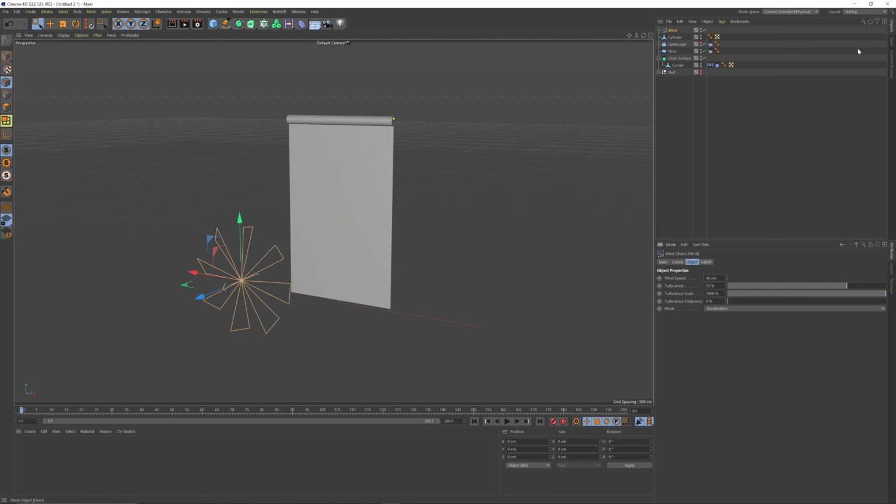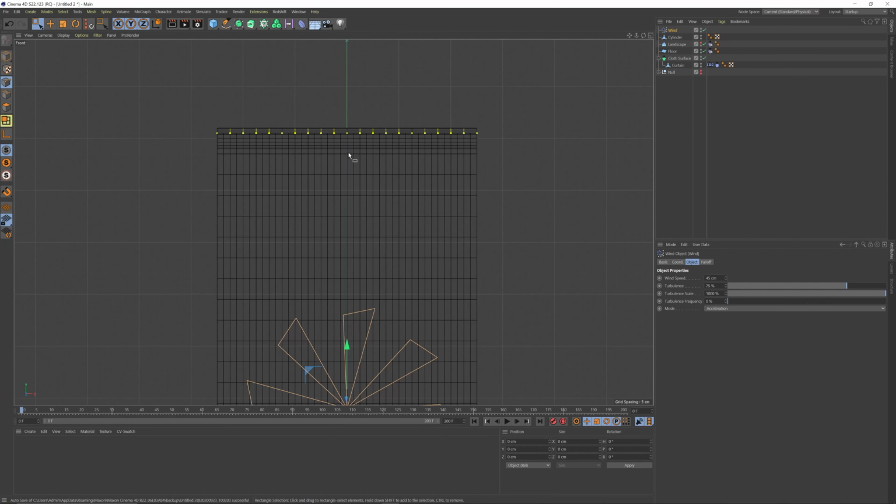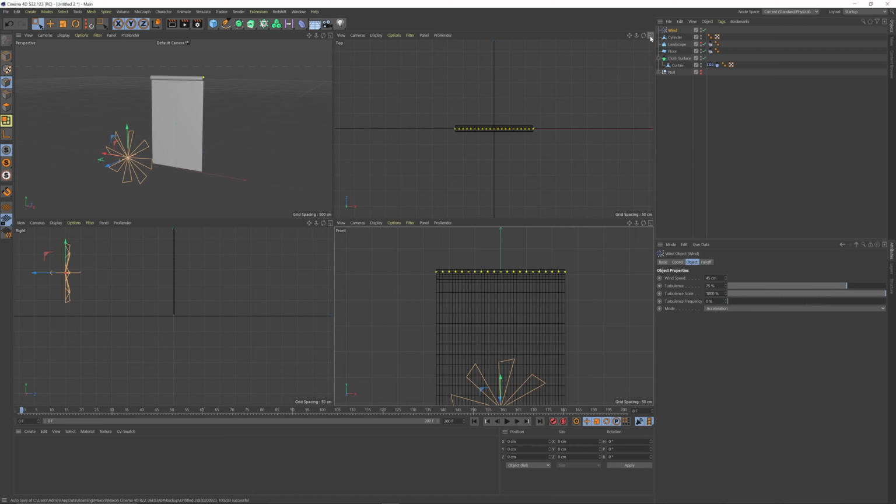But what you're saying is that you're looking for more of a hospital curtain, whereas this, you can see, is very flat and quite plain. So the way we can get around this, once again, is by going into all of our views. And this is one thing you need to realize with cloth: every single time you change something in cloth, you need to reset the cloth belt tag, because if you don't, it's going to stay in its previous belted state. So what we're going to do is clear this from here,